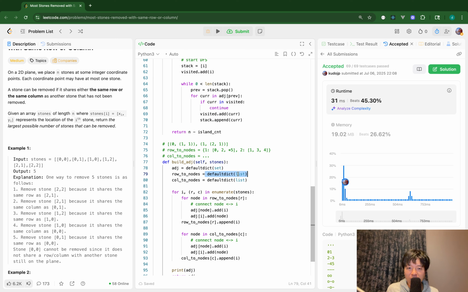The count of keys should be up to n in the case all the nodes have different row numbers. And the total number of nodes in the values should be n. Yep, because each node is, two times n, because each node should be,